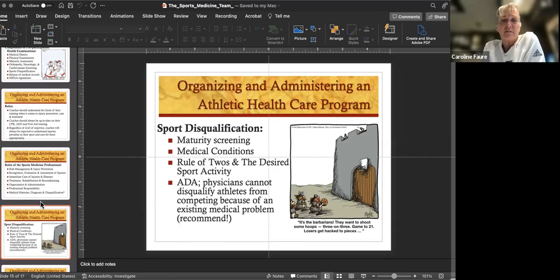On the pre-participation physical, these are some of the things that a physician might disqualify a kid from playing. The rule of twos: what that means is if you're supposed to have 2 lungs or 2 kidneys, then you need to have those in order to maybe play a contact sport. The rule of thought there is if a kid only has 1 kidney and he gets hit in the flank, and something happens to the other kidney, then we've got a life-changing situation on our hands. So just understand that those are the ways physicians typically make these disqualification decisions, or as the last bullet said, these recommendations that they not play.